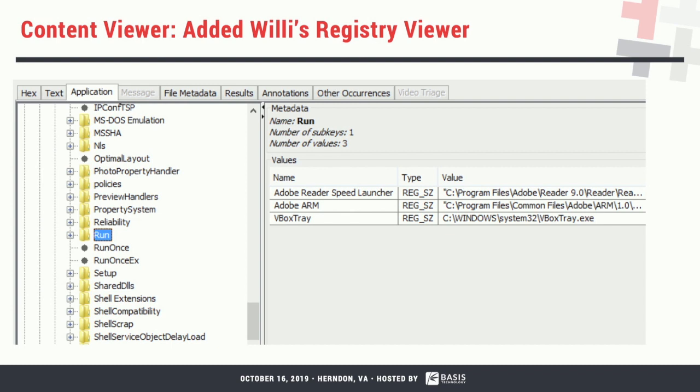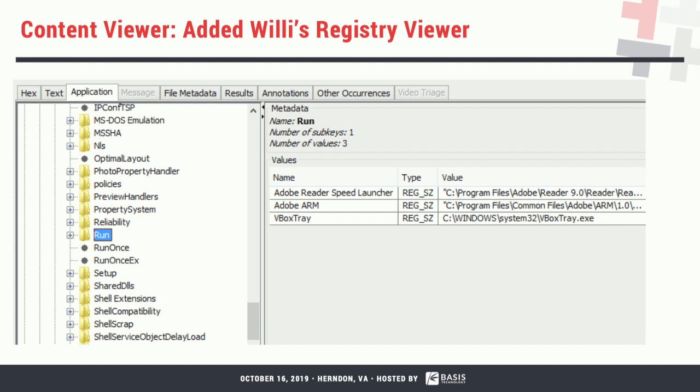Content viewers, these are the guys on the lower right-hand corner. Once you pick a file, how you view this. A bunch of things have been added in here. So Willi Ballantyne, I think the first ever OSDFCon Autopsy module challenge, probably 5 or 6, 7 years ago, submitted some modules. This is one of the most popular ones of all time, I think, which is the Registry viewer. So once you click on a hive, it allows you to navigate that hive down there. This has now been fully merged in to the actual application.